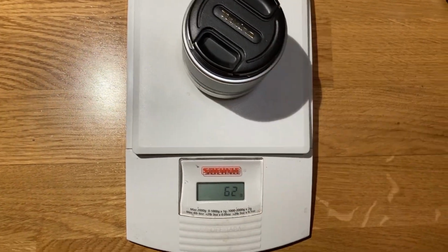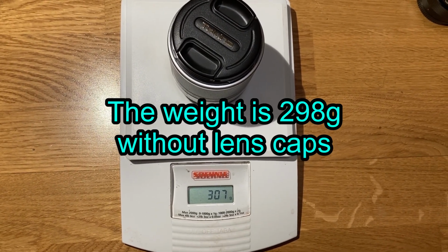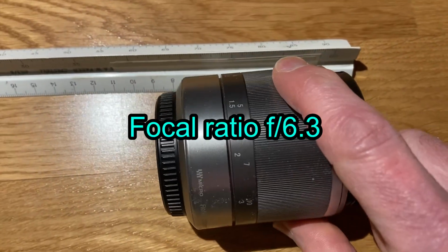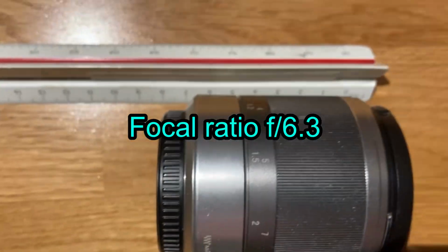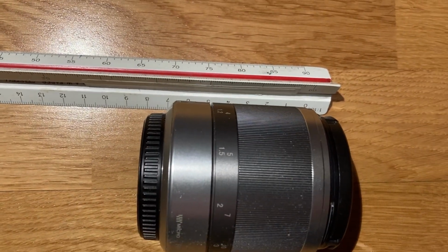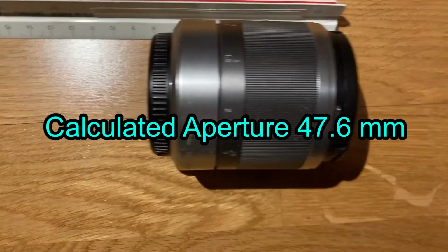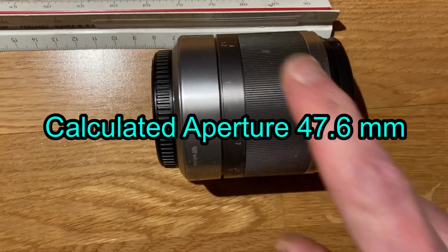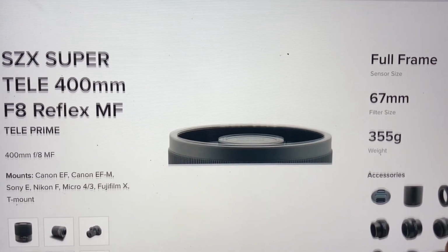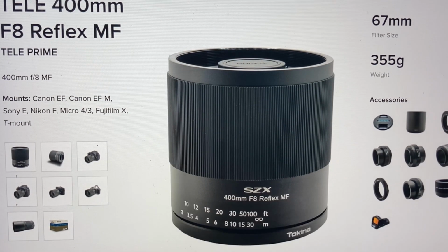And the f-number is 6.3, which is fairly good for this kind of lens. The aperture is fixed and the focusing is manual. I calculated the aperture of the optics from the f-number and the focal length, and it should be somewhere around 47.62 millimeters. If we instead look at the 400mm lens, it weighs 355 grams according to the specifications, but that